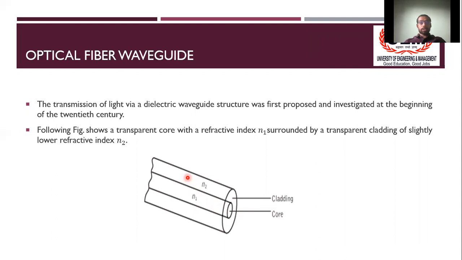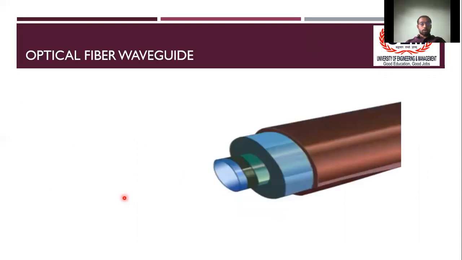So this is a very essential property of this fiber optic waveguide, that the core and the cladding region should have refractive indexes where the core refractive index will be greater than the cladding refractive index, and we will also maintain that the light ray that we are transmitting through the fiber optic core should not leak into the cladding region. So we will also use animation to understand this behavior.